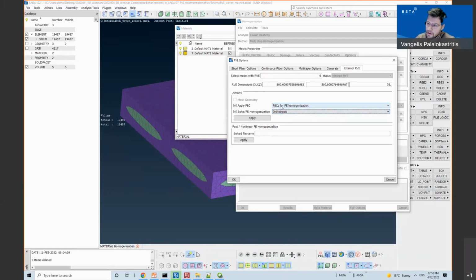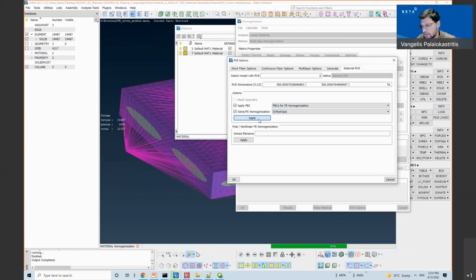And the periodic boundary conditions that will be created for Epilysis will subject the RVE to loading in the three axes, so I will get the orthotropic behavior. If I press apply, the periodic boundary conditions are applied and the model is sent to Epilysis.